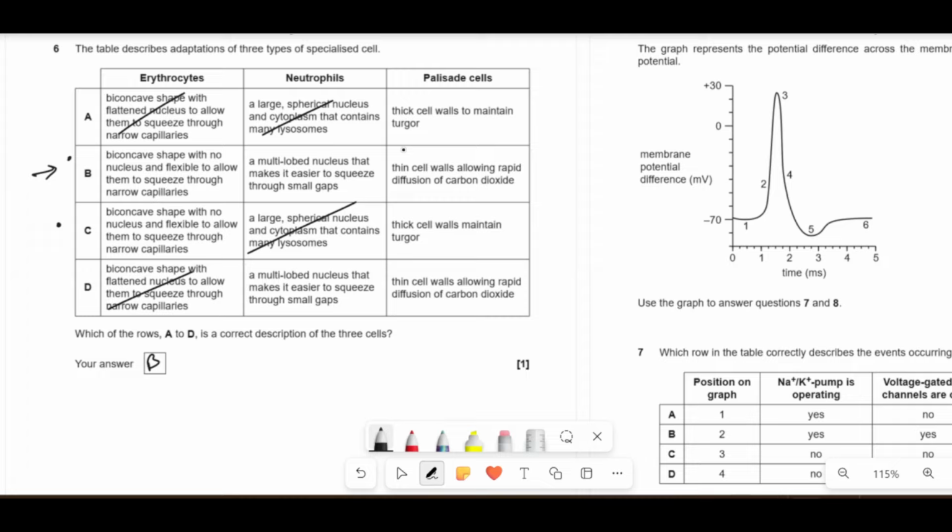gaps, so that's correct. And then palisade cells and thin walls allowing rapid diffusion of carbon dioxide. Yes. Thick cell walls? No, because these are palisade cells. Remember, this is where all the gas exchange stuff happens. So it's not that the thick cell walls maintain the turgor. It is the fact that they have really big vacuoles in them, which keeps the cell turgor to maintain turgor